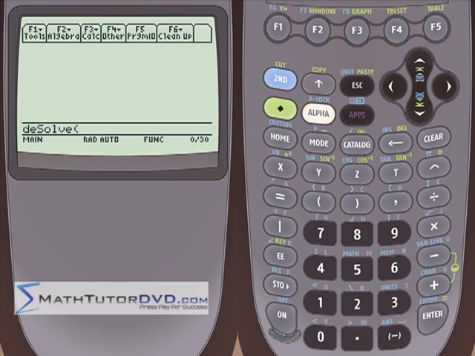So like I said, the calculator has a built-in ability to solve first order and second order differential equations. It can solve homogeneous differential equations and it can solve non-homogeneous differential equations. That means that you have a forcing function on the right hand side of the equal sign, non-zero or zero, depending on how that's set up. It's going to be called non-homogeneous or homogeneous. And it also has the ability to solve initial value problems. In other words, a differential equation with an initial condition. So we'll learn all of these things in due time. But first, let's start with the basics. The way you input a differential equation into this calculator is you